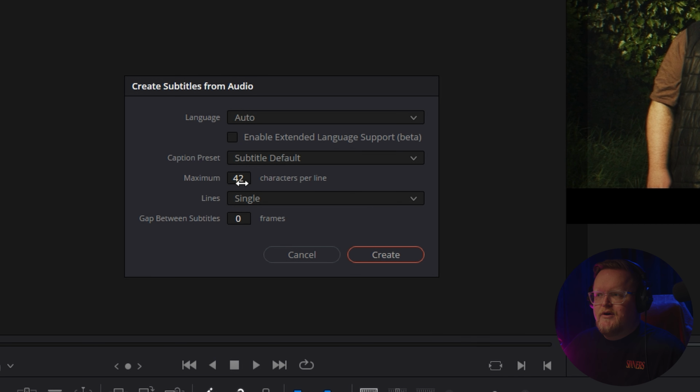Maximum characters per line. So how many letters and spaces you should have on there. I just leave that as 42. I leave it as a single line because most subtitled shows or things on TV will use a single line. And the gaps between subtitles are no frames, so I don't like gaps in the subtitles. So I'm going to press create,